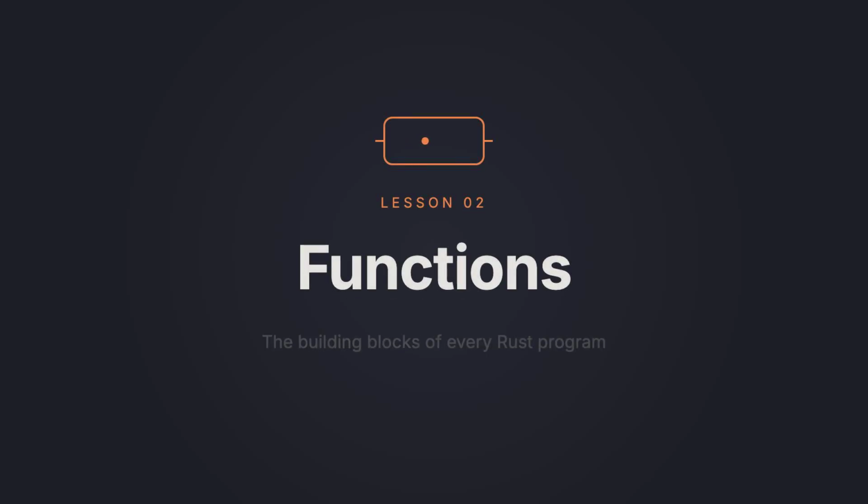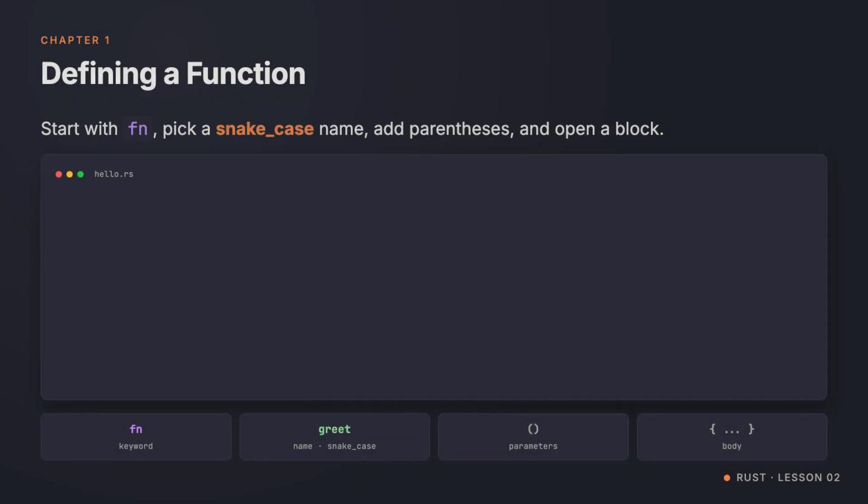Welcome back. In this lesson, we'll look at functions, the building blocks of every Rust program. You'll learn how to define them, how to pass values in, and how to return values back out. Let's get started. You define a function in Rust with the fn keyword, followed by the function's name, a pair